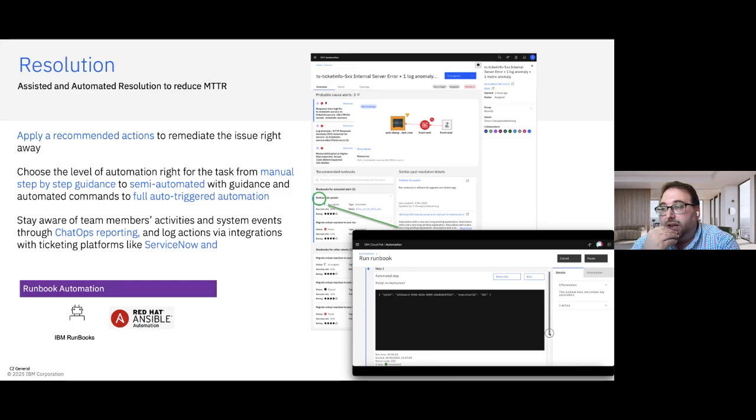Now, these have different levels of automation based on what is right for you and your organization. So it's anywhere from manual step-by-step guidance, giving you the playbook on how you can go about doing the actions that are necessary in order to remediate the problem, to semi-automated, where you'll go in and trigger the individual actions within the runbook with guidance,